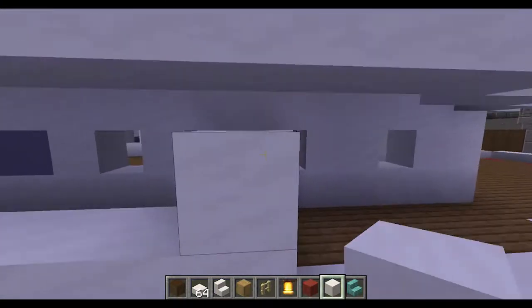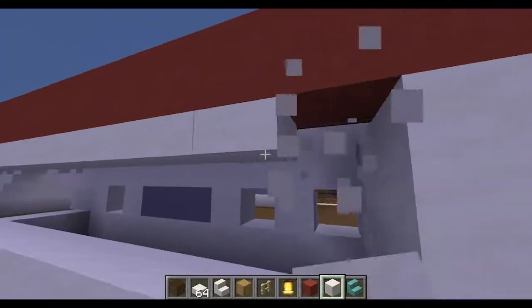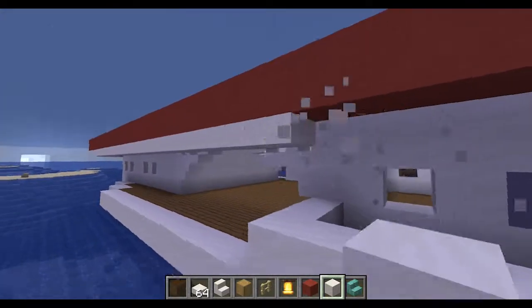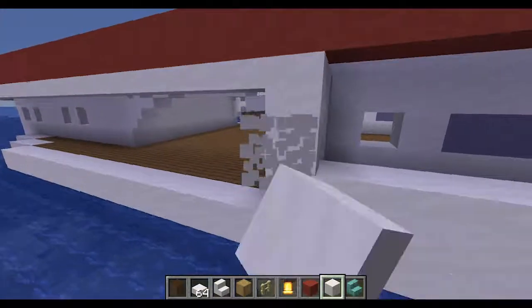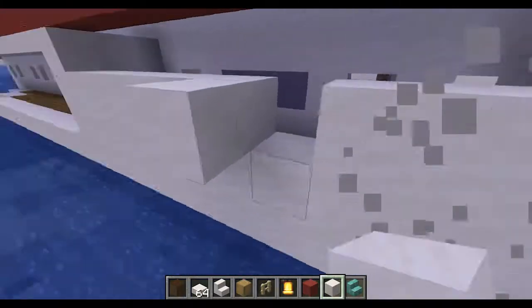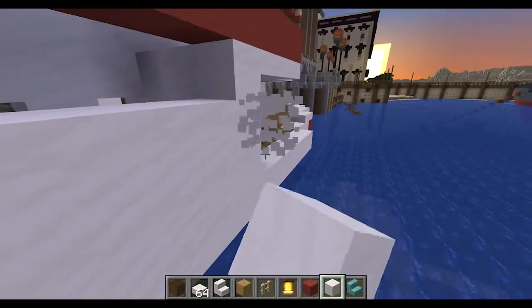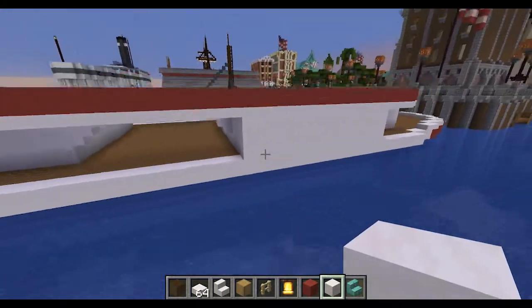Need some sort of separation here. Want this storage area to be pretty high capacity. I'm also going to put a logo on here as well.